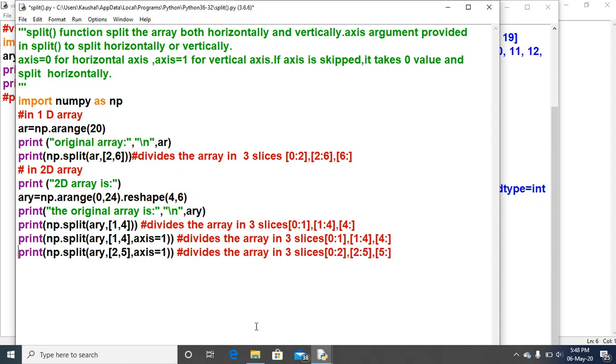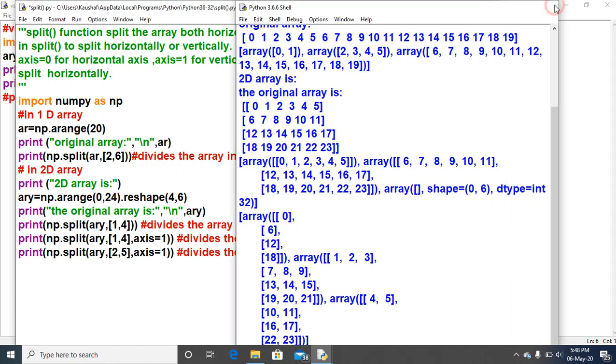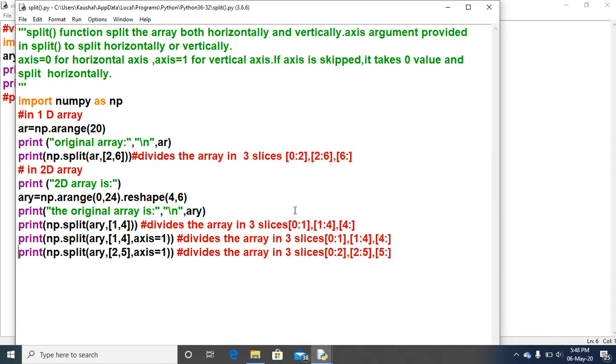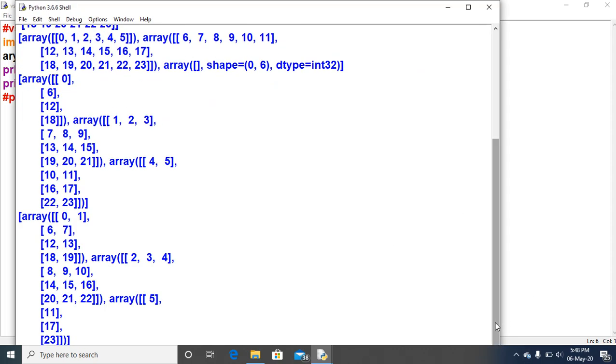So for the last output you have to pay attention to how this is coming. 0 to 2, the next one is 2 to 5, and the third splitting is 5 till the last one. So it will be 0, 1, 6, 7, 12, 13, 18, 19.